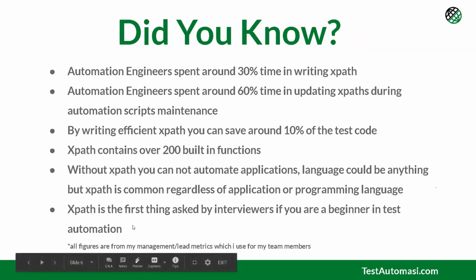When you start your automation career as a beginner, the first thing asked by interviewers is whether you are good in XPath or XPath related tasks, like how would you find something where there is no ID, name or tag? Do you understand the concept of axes? Did you understand the concept of nodes? Especially from my experience, when I recently started switching from functional tester to automation tester, I saw a lot of questions in XPath only. And gradually then Java, and now these days CI/CD concepts are also being introduced and asked in interviews.